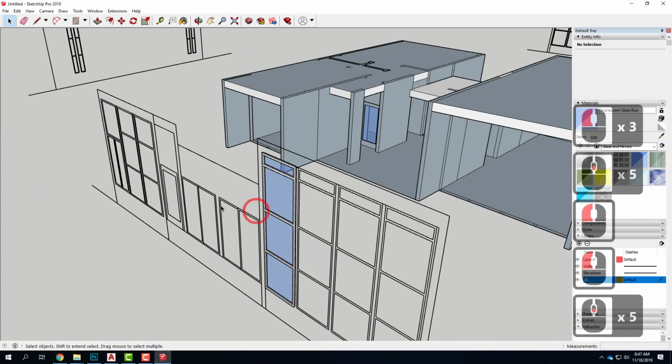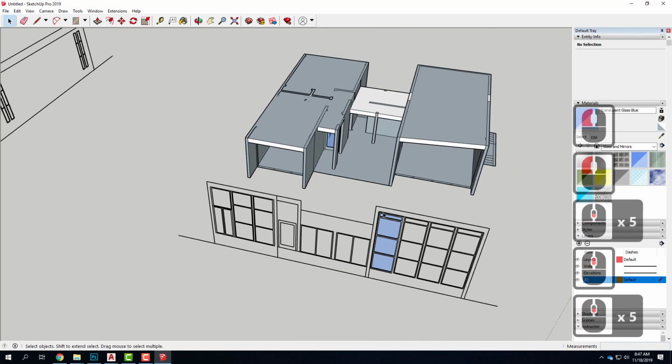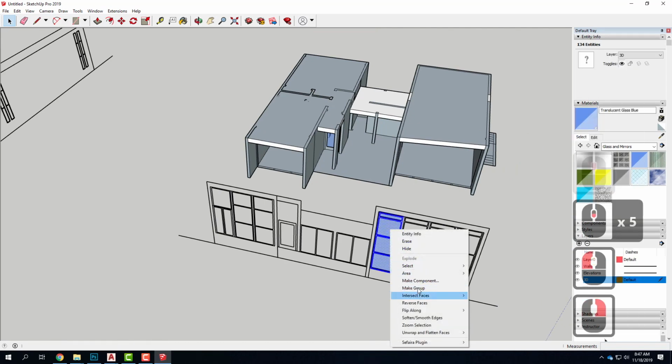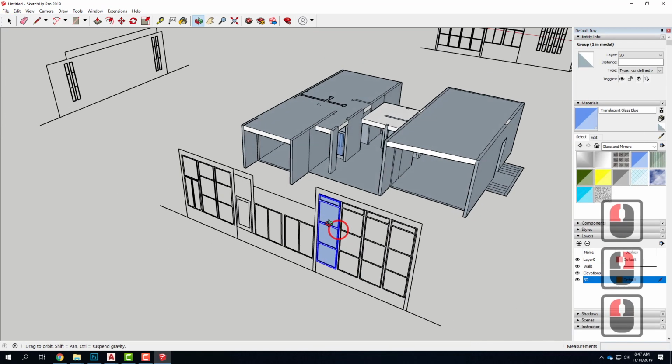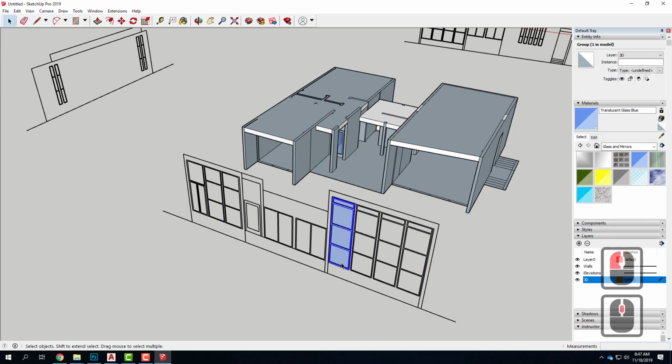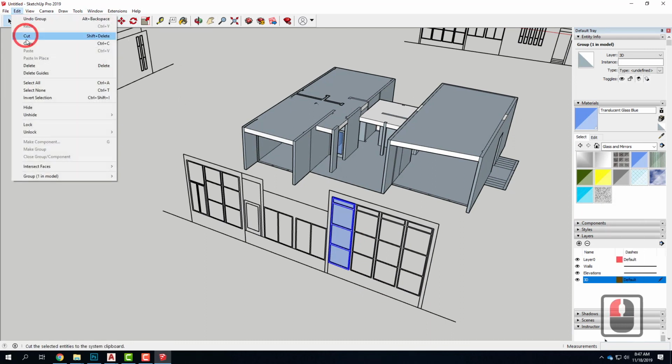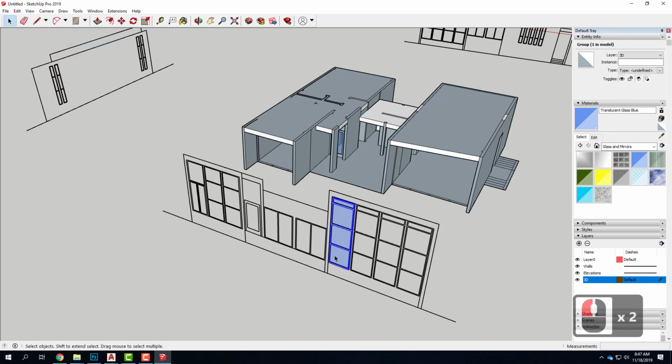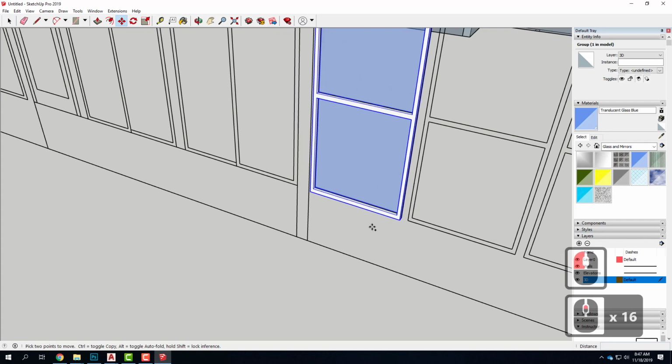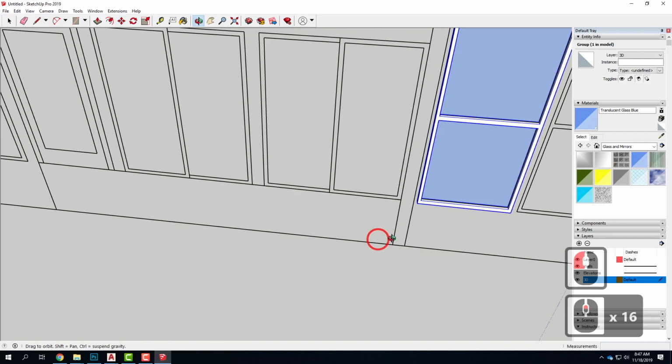So what I did was I created the window in the elevation view. Then I can take the whole set of windows, right-click and say Make Group, which makes it a group. I can then take this set of windows and copy it. I can either go to Edit and then Copy, or I can hold down, I think it's the Control key, so I can use Move and then hold down the Control key. When I do that, I get the little plus next to my cursor, and I can say, okay, let me copy